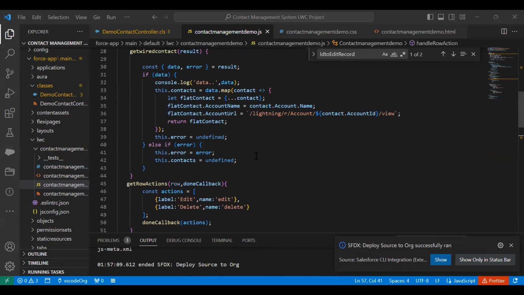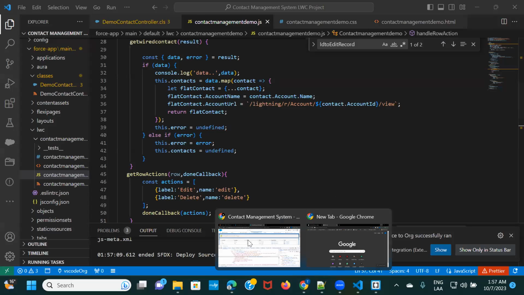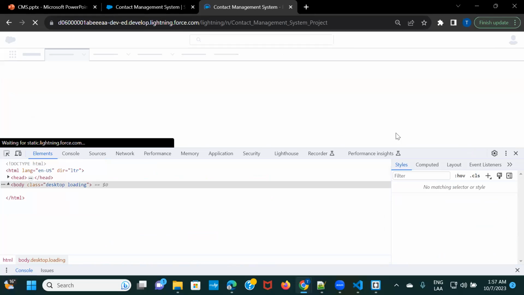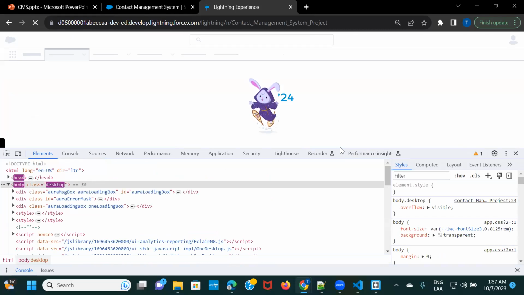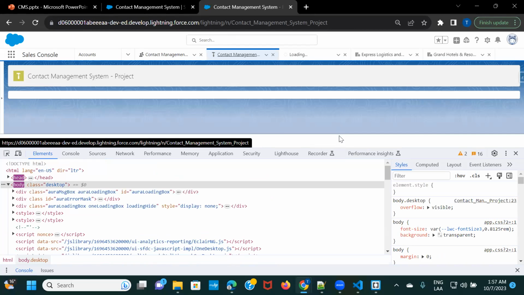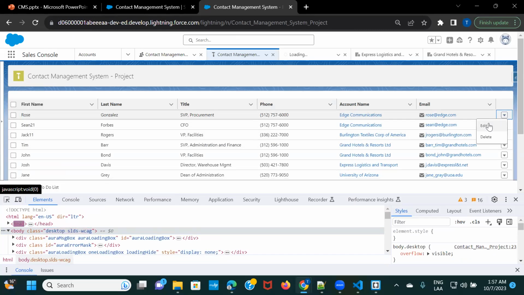All right. After fixing the HTML, let's check the condition of the form. So let me refresh this. So if I click on here,